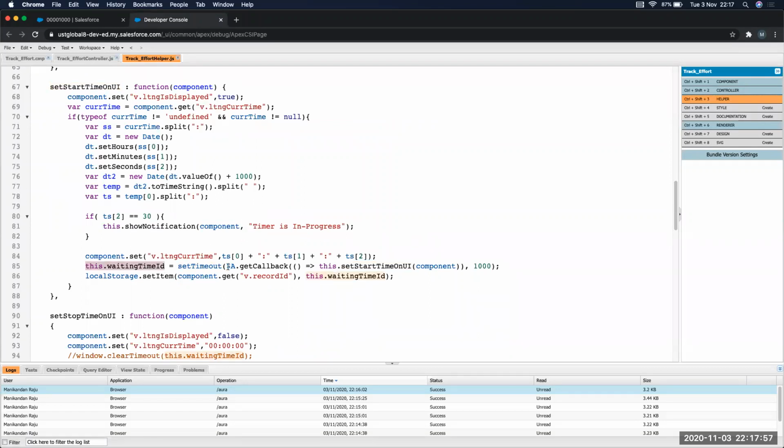Okay, and this is a function I was saying that whenever you call such a function, you might need to call this get callback as well. So this is the same function which I'll be calling again and again. The same thing works with set interval as well, but I did find set timeout to be a little bit more accurate, which is why I used it. And this is the millisecond which I was telling about.